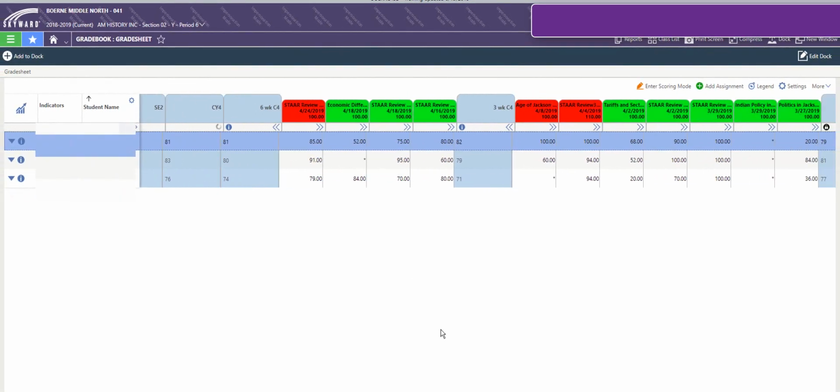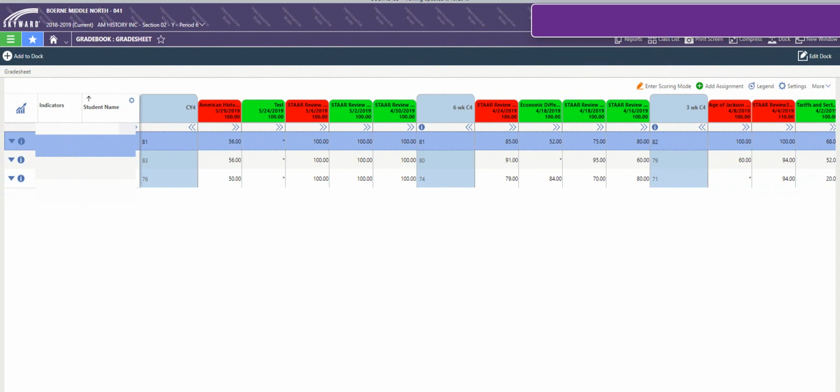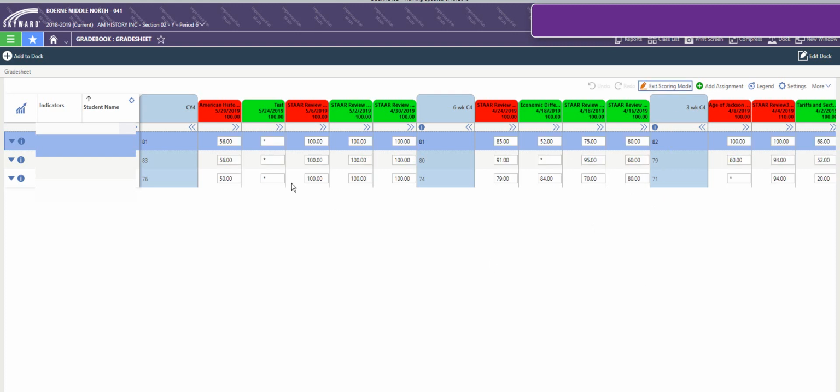So let me go ahead and open up my gradebook. Here's that assignment here. And you'll notice that based on the categories, there'll be different colors. So the test here is green. So now I have an assignment. There's a couple of different ways to add grades for the assignment. I can hit Enter Scoring Mode